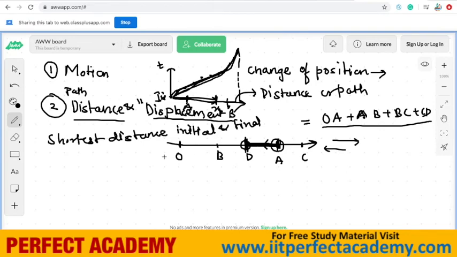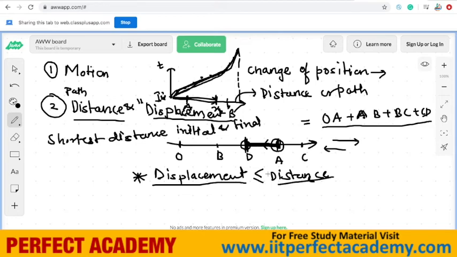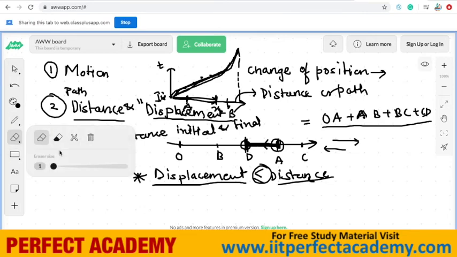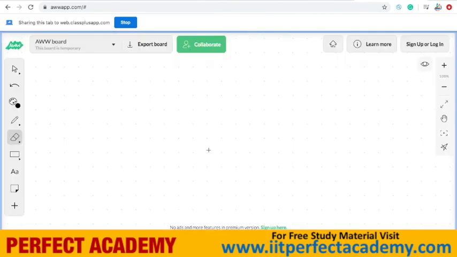Also you can remember one thing, displacement will always be lesser than or equal to path distance. In some cases path distance and displacement will be equal, not always. In most of the cases displacement will be lesser than the distance. At the max you can have displacement equal to distance. Okay, fine. So after discussing these two basic quantities, now we have a third important quantity which we refer to as